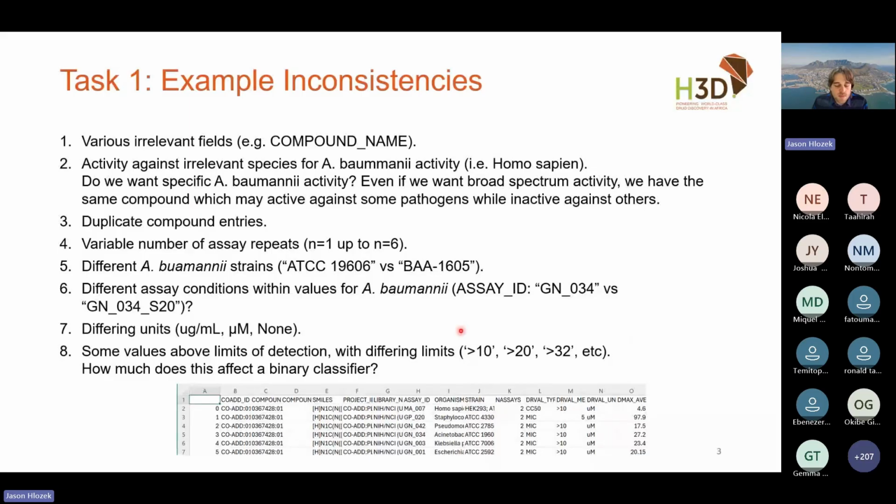And particularly in the case of, say, a binary classifier. If you've got these values for a regression model where you need to train on the exact value, well, this is not possible here because you don't actually know what the exact value is. But you can think about, how do I include this in a classifier where you have these categories? So even if it's above 32 and it's a lot above 32, maybe it's just inactive as the label.